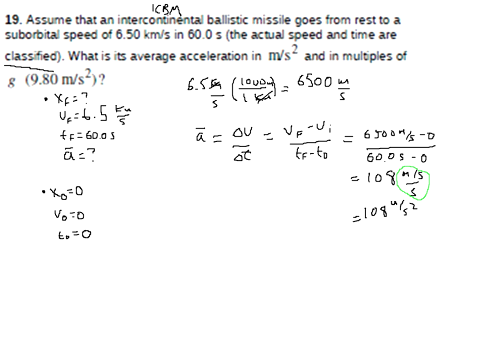Meters per second squared almost looks like a distance or a displacement divided by time squared. Now, to find it in multiples of g,